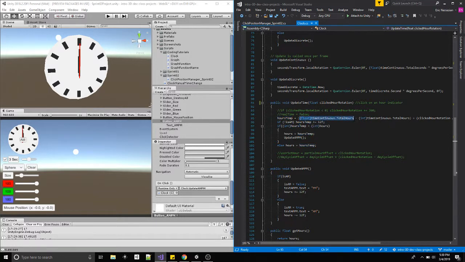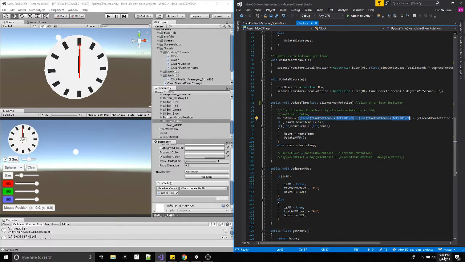So what I'm doing here is I'm taking the total hours, casting it to a float because it's a double, and then subtracting that same value but the integer version of it. So let's say we're at hour 20.43. So this is 20.43 minus 20. We'll have the fraction left over. All right, so I want to keep the fraction, basically how the hour hand transitions from the current hour to the next hour. I want to keep that